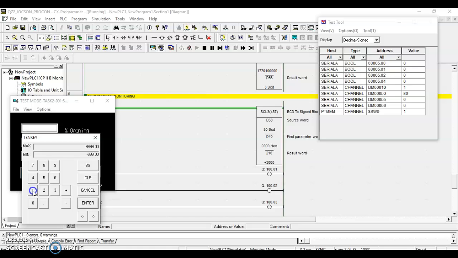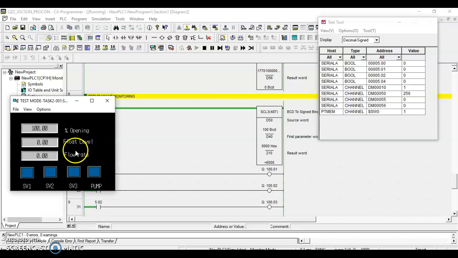If we fully open it, we're going to input 100% opening. So it will result to the resolution of 6,000, which means that we've reached the maximum